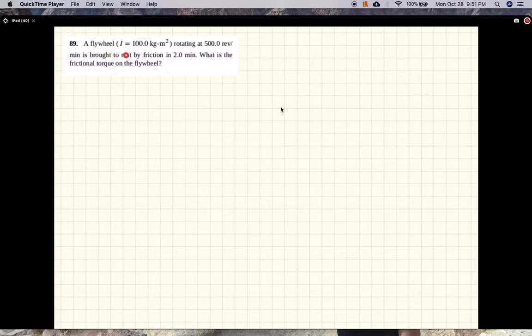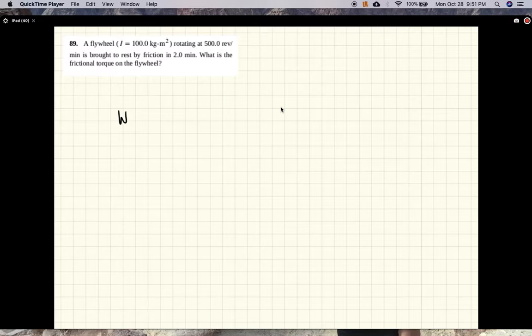So this problem says a flywheel of moment of inertia 100 kg meter squared, rotating at 500 revolutions per minute, is brought to rest by friction in 2 minutes. What is the frictional torque on the flywheel? Okay, so